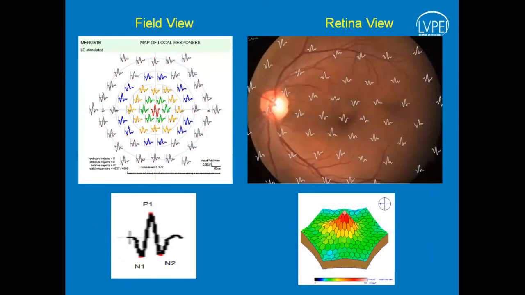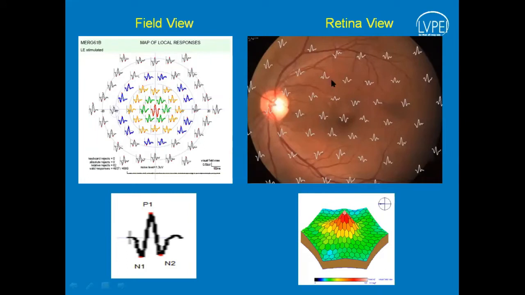Now, MFERG records the total retinal response, and thereby the size of the waveforms is pretty small. This can be mapped on the fundus photo also, and keep in mind the field of view and the retina view. So here we have two images, one is the field view and one is the retina view. Field view is vertically opposite. If we note reduced amplitudes or some findings at the bottom of the multifocal ERG trace arrays, that means ideally it should be in the upper arcade of that surface of the retina.